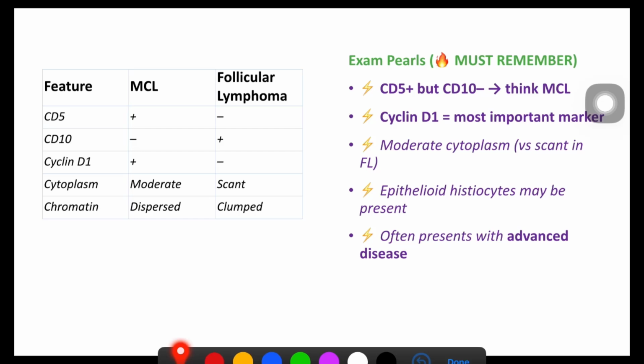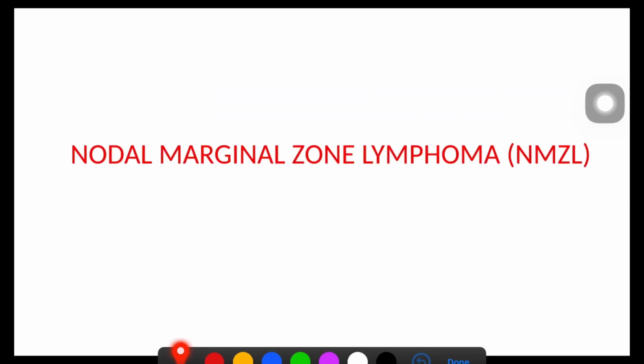Whenever you have to differentiate MCL from follicular lymphoma, you will look at CD5 and cyclin D1. So CD5 positive but CD10 negative, think MCL. Cyclin D1 is the most important marker. There is moderate cytoplasm compared to follicular lymphoma. Sometimes epithelioid histiocytes may be present, and when you see this type of picture,